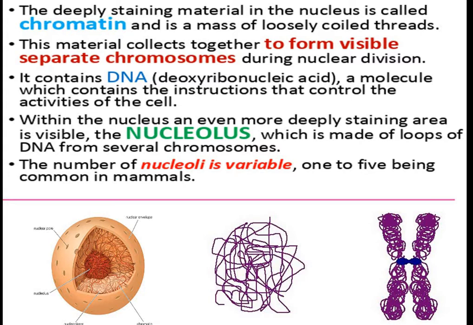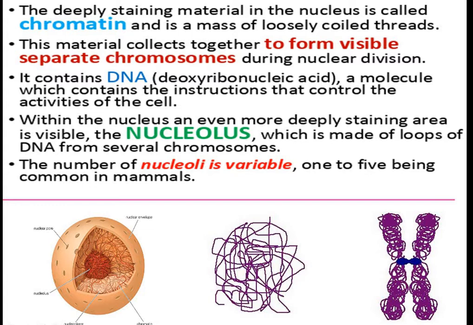In quiescent cells or non-dividing cells, the genetic material appears in the form of thread-like structures, like I have shown you in the diagram. And when the cell has to divide, these thread-like structures will coil intensively and condense to form rod-like structures. We call them chromosomes. All the difference between these two is in the shape. Otherwise, the material they are made up of is DNA, deoxyribonucleic acid. It's a molecule which contains instructions in the form of genes for all the activities of the cell.